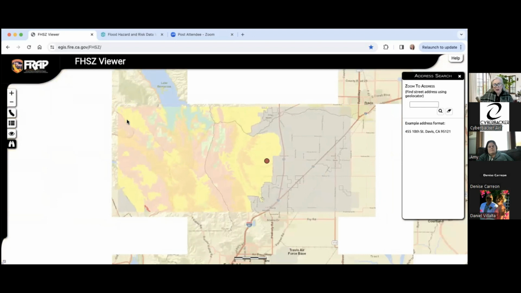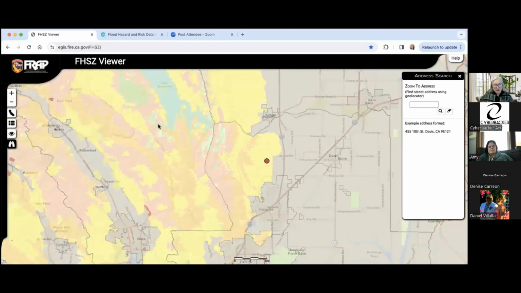But this is just a tool I wanted to show you that you can use. If your seller's not having to fill out the fire hardening and defensible space disclosure, but you're working with a buyer and you see the parcel they're looking at purchasing is in a fire zone, if it's high or very high, then you're probably not getting a TDS. If you don't get the form and it's a residence in a high or very high severity zone,